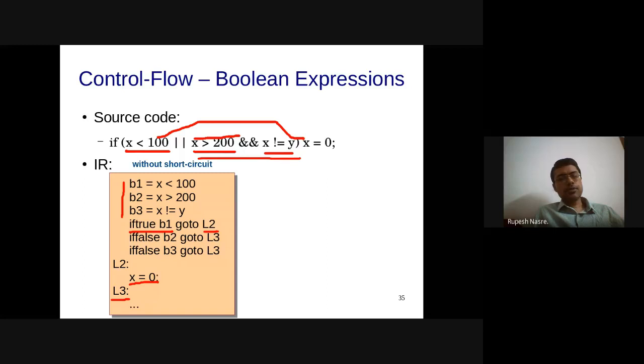So if you just use one of the types of the instructions, then your code might not be optimal, but that can be taken care of in a later pass of optimization. So that is also okay. In fact, you can try writing all of this code just using if true, and you can see how the code would look. So this was without short circuiting. Any questions on this one?